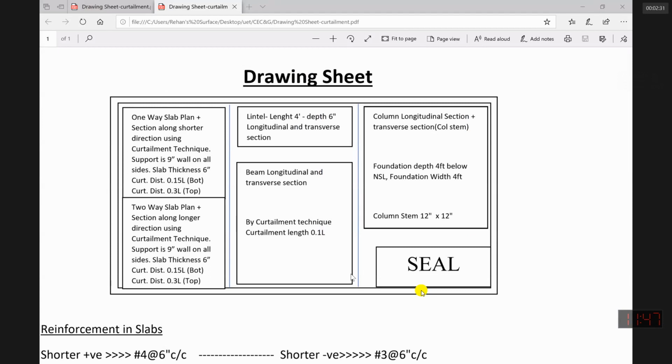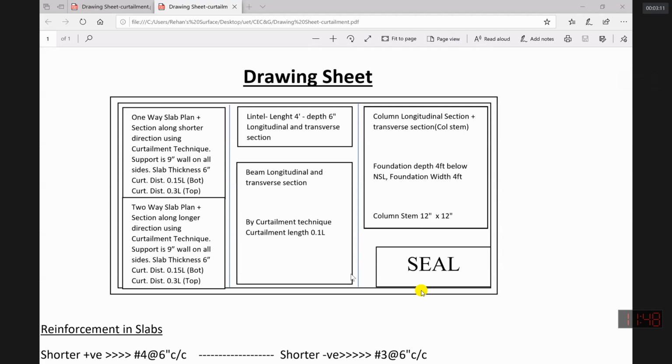Okay, great. So we were discussing the reinforcement difference between slabs and beams. One thing we have discussed is that in case of slabs, you have positive reinforcement throughout the span, with more reinforcement in the central region, and 50% is reduced in the support region. Negative reinforcement is provided only in the support region in case of slab.